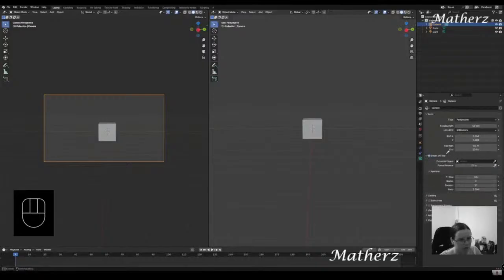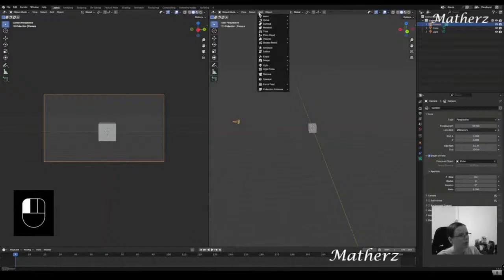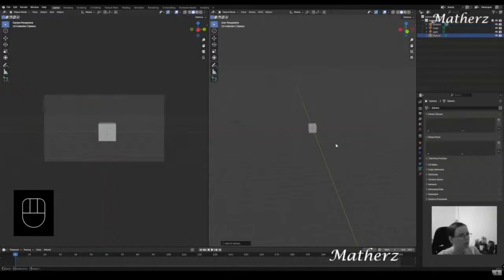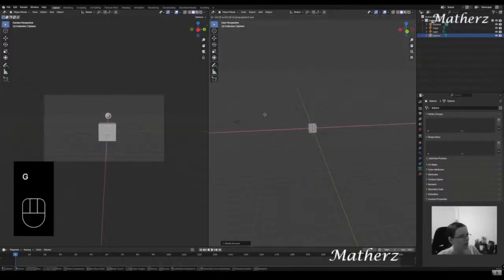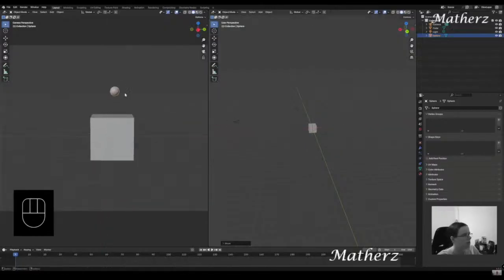So we're going to go to depth of field, focus. Let's go focus distance. Select the cube. Right there. So now we have the cube selected. We're going to place the f-stop down to 0.1. And then what I'm going to do in the background right here is get some emissions going. So UV spheres, right click, shade smooth. We can press G, just pull that back. Now you'll notice that this starts to blur out, or at least should do,